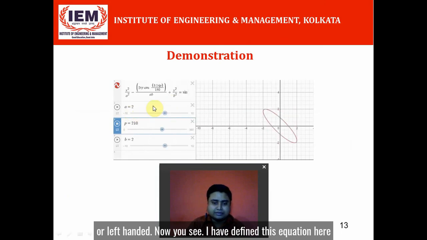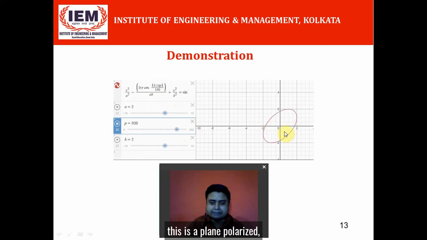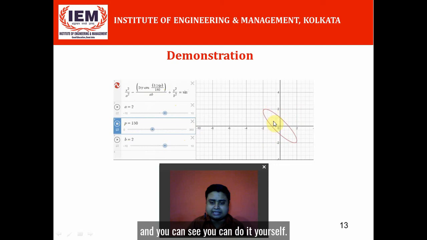Now you see, I have defined this equation here, and I am varying the delta value. This p is actually your delta. It is varying from 0 to 360, that means 2 pi. And see, the state of polarization is changing. Okay, so simply this is plane polarized, then it is elliptically polarized, then it is circularly polarized, and you can see. You can do it yourself. This is done using the software Desmos.